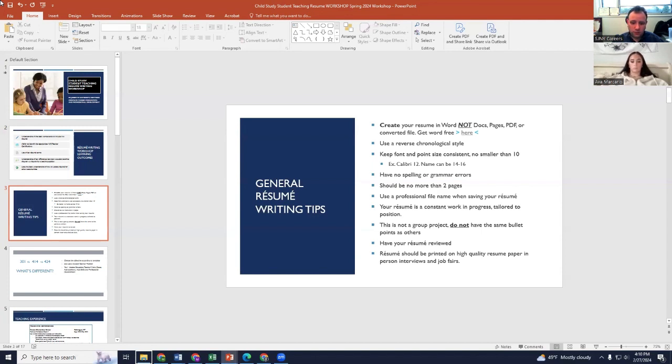So schools, at least in terms of offices in schools, they're still using professional word processing software, which is Microsoft Word, right? At least in terms of office staff, they're really not using things like Docs. So you want to be using Word for that reason,